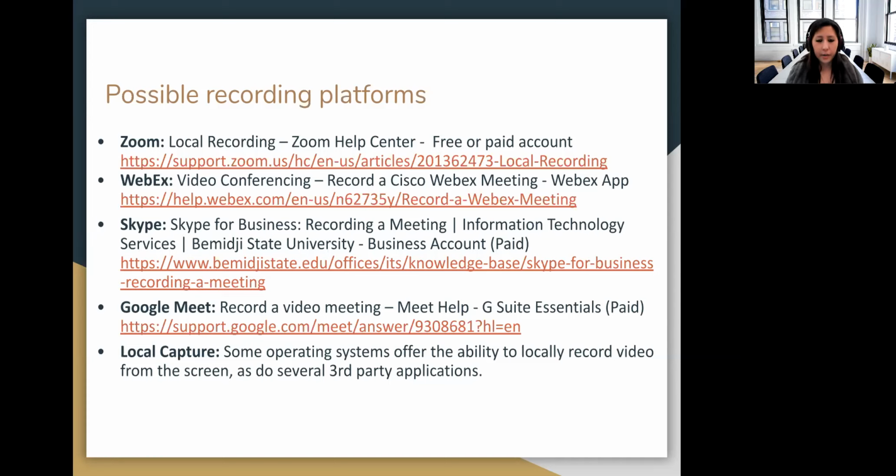So for local capture, if you have your own video compositing software, feel free to use it. From trying these different services, Zoom is pretty easy. I've managed it. So if it comes down to one and you're really not familiar, I'd recommend starting with Zoom just to give it a go, and we can help you via email if you have questions.